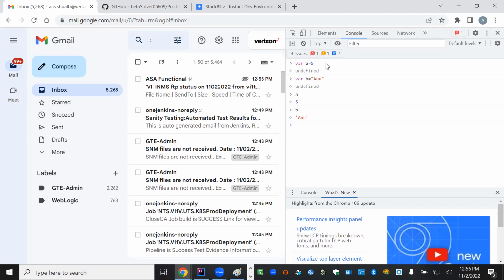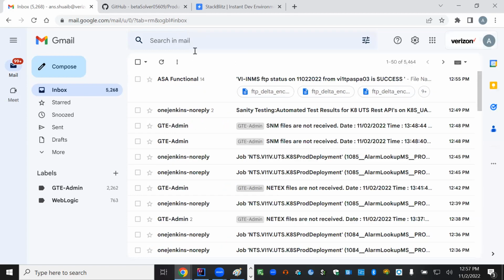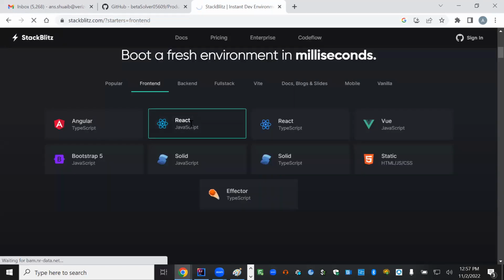So my suggestion would be that we should start with JavaScript. Once you get comfortable with React, I'll tell you some additional steps for TypeScript, because TypeScript, as I said, is a superset of JavaScript. TypeScript is more like JavaScript. There are only a few more things that you need to know. So once you know Java, JavaScript and React, I'll tell you about TypeScript and how to implement it in React. I think that should be a better way. Okay, so if we go to React JavaScript,